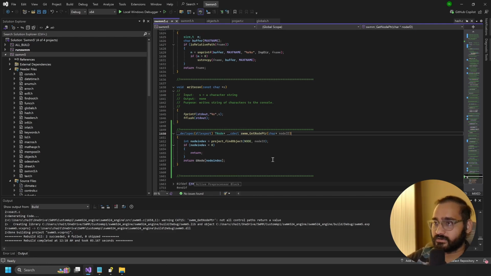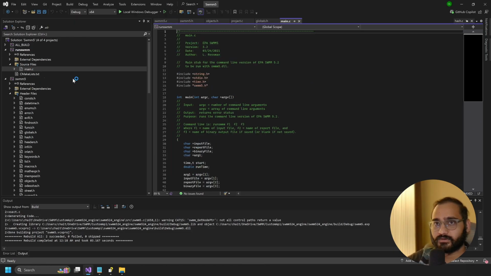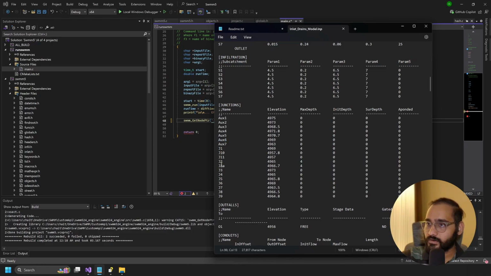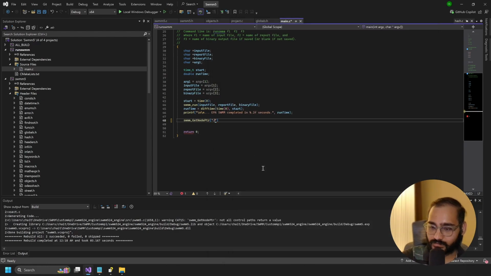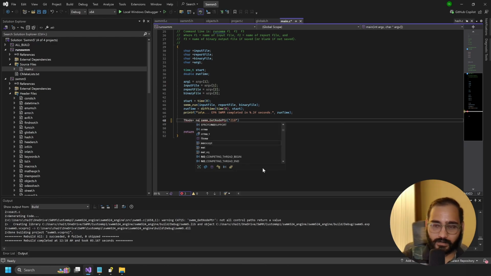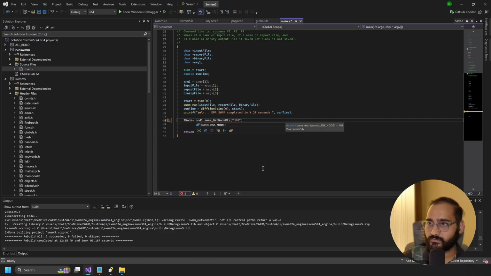So now that we have created our function, let's test it out. I will open the main.c file and paste it here. I need to find a node called J11. Let's go with J10 and write J10. This function will return a node pointer. Let's declare a t node pointer, node 10, equals to, and you can see it is throwing an error because our main.c